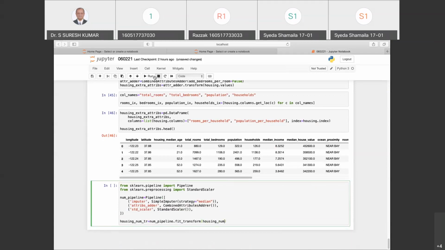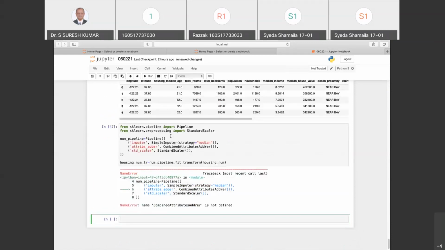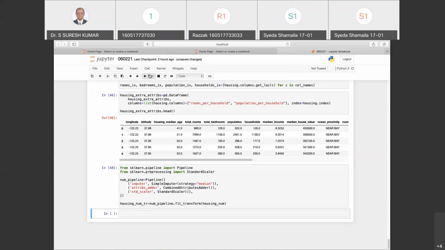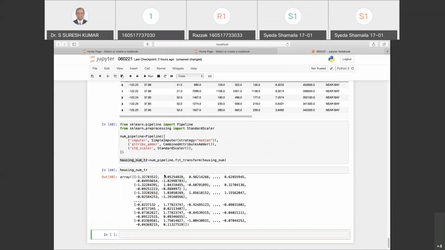When we execute this, it says a spelling error: CombinedAttributesAdder. It's a spelling mistake. Wonderful. Now when I want to find out my housing numerical attributes, I just call this back. It gives me a simple array of everything I've got as my housing attributes adder output, the numerical transformed data.